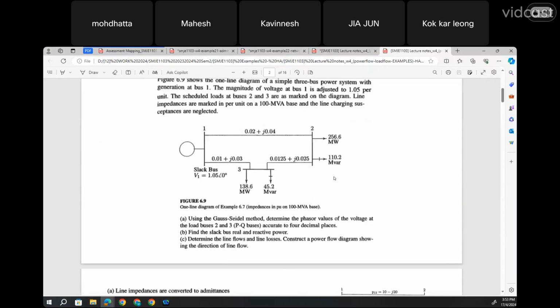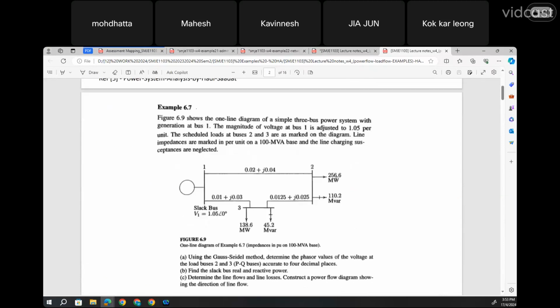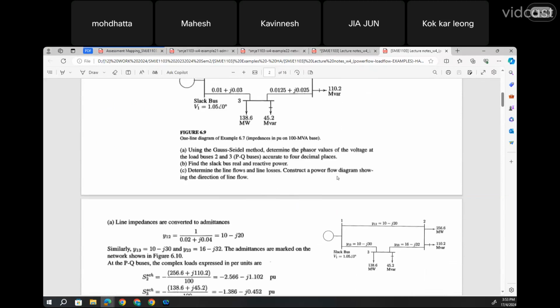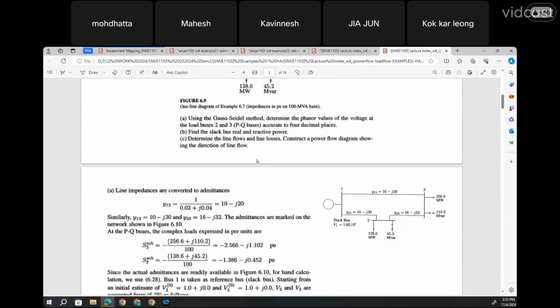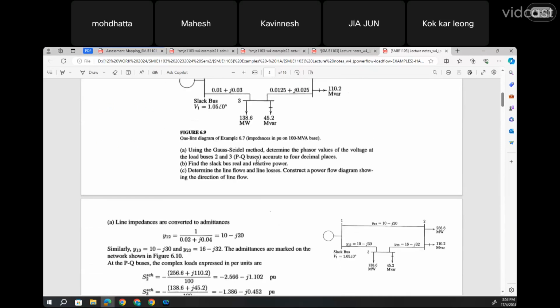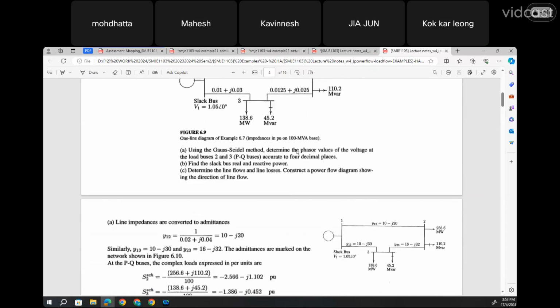So I want you to go through this example and try to understand what's going on in terms of using Gauss-Seidel. I think the information given to you has guided you on how to get into the analysis, but I want you to experience doing the calculation yourself,